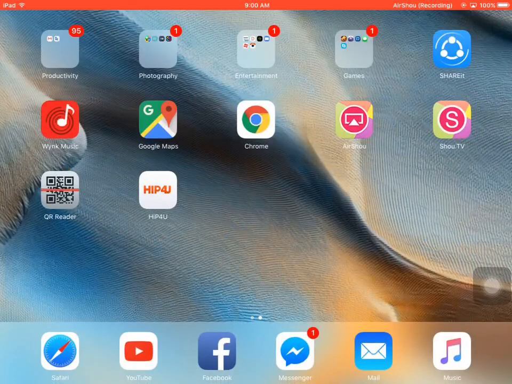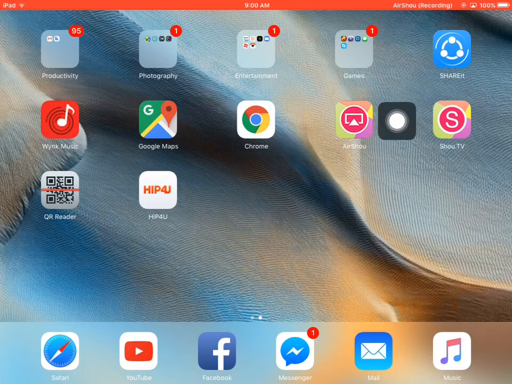After trusting, it says you need to log in with show.tv. So you need to also download show.tv. But as it was removed from App Store, you need to download AppCola, which is in my previous video. The link is in the description. So after linking with your show.tv account, you can now screen record your iDevices.